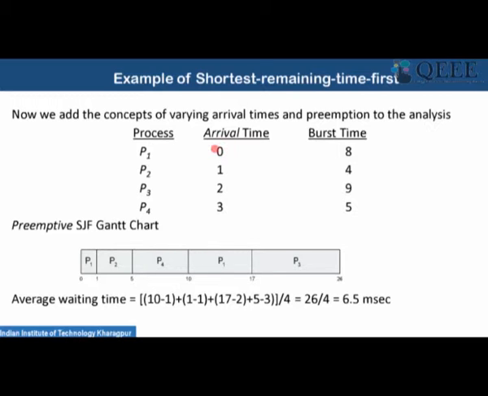So at time 0, you have only P1 in the system. So we start with P1. Now we execute P1 for 1 second, and P2 arrives. Once P2 arrives, you will see that the estimated burst time for P2 is less than P1. That means we should now select P2. Here a context switch occurs and we preempt P1 and start execution of P2. So P1 is preempted and put in the ready queue. We start execution of P2 from 1.